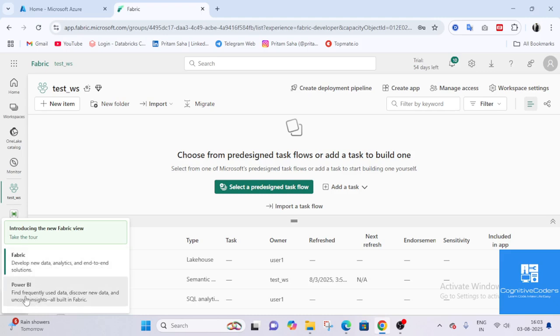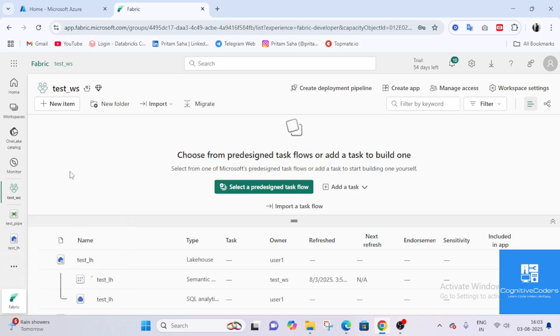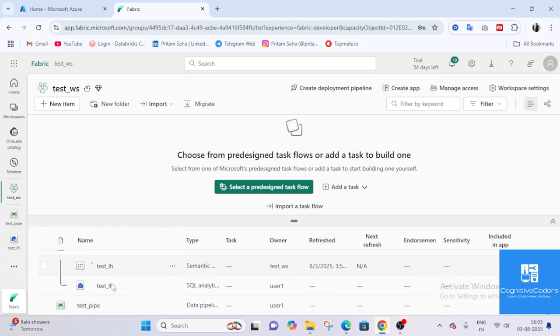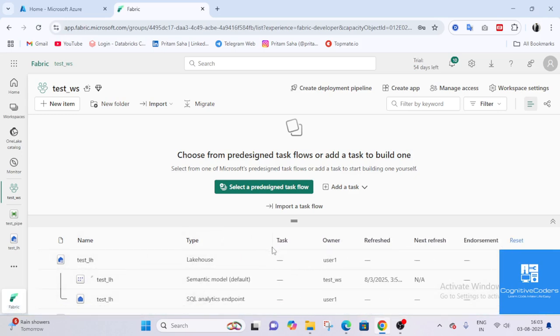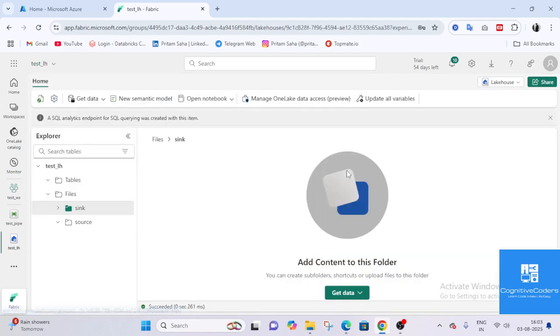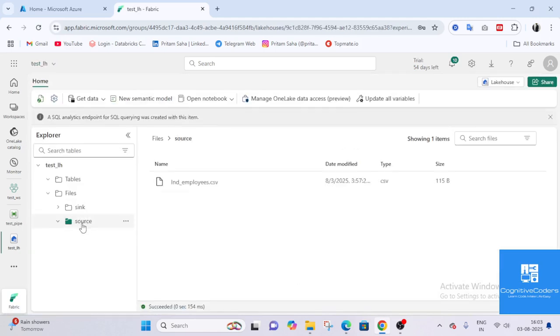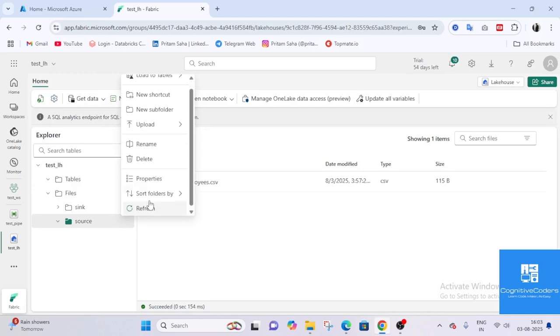This is for the Power BI team. In the workspace we need to go to our Lakehouse. When we create the Lakehouse, two items are created by default: a semantic model, and a SQL analytics endpoint also. Let's go, and now you can see once you refresh,